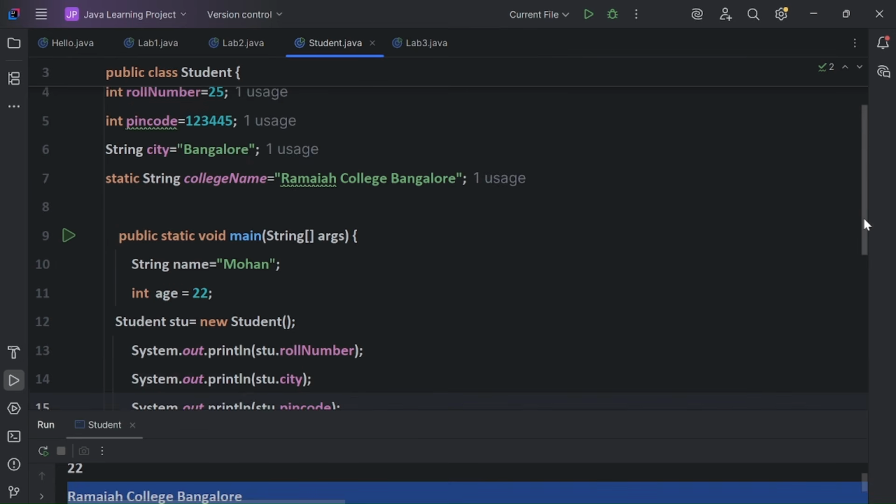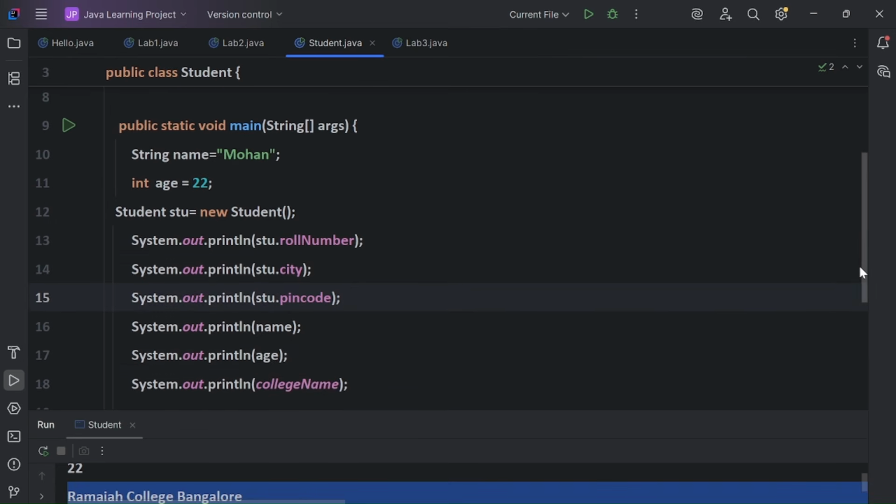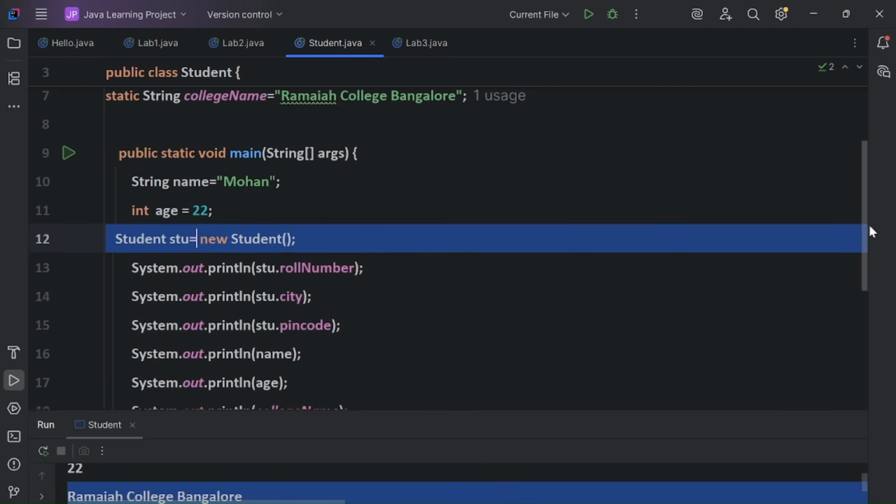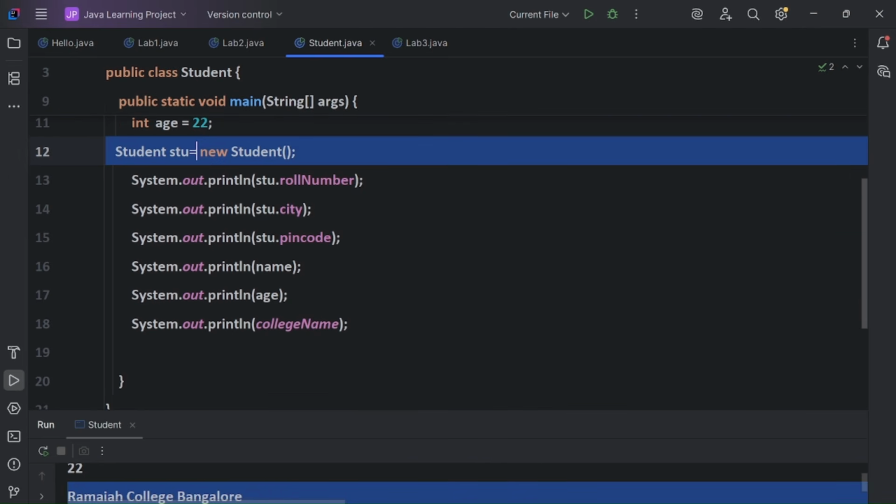So now it is calling with the help of the student object. Using the new keyword we create the object. So now this is not showing any error. Now running this code, guys.